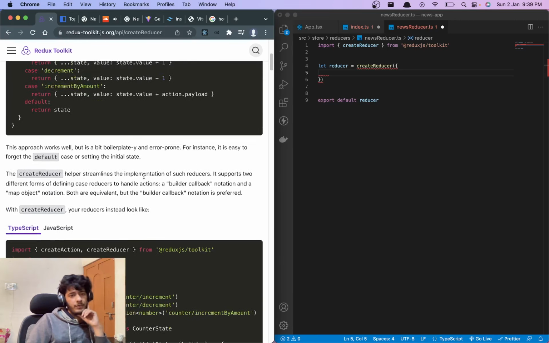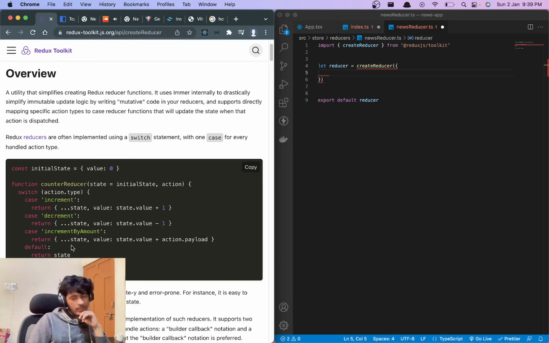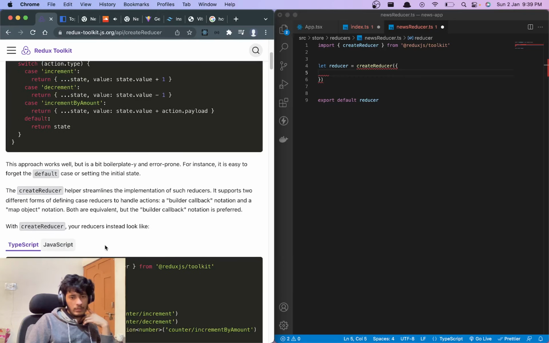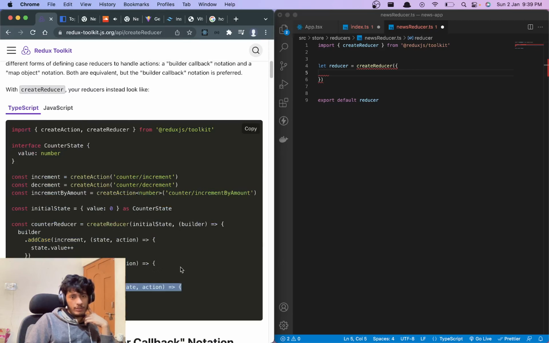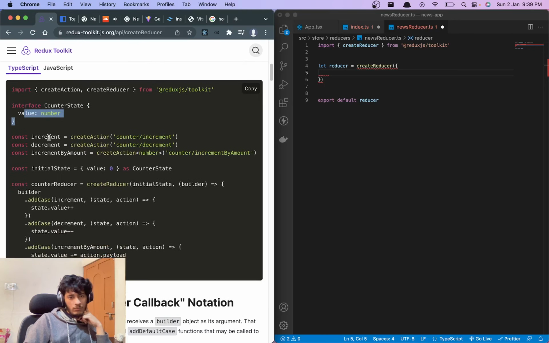Okay, so it says previously in the default Redux, as you know, this is the approach which we used to take, right? But in this toolkit way, we actually create, there's a function called create action, and there's a create reducer, then there's a state. Okay, so that's a counter state which is the value, right? So then you have increment, decrement, increment by amount.